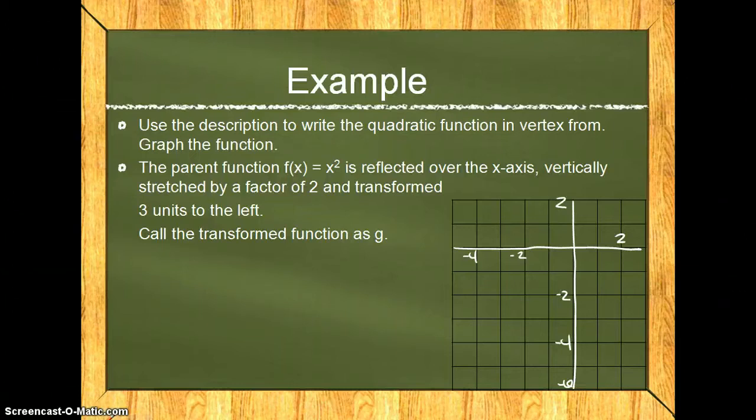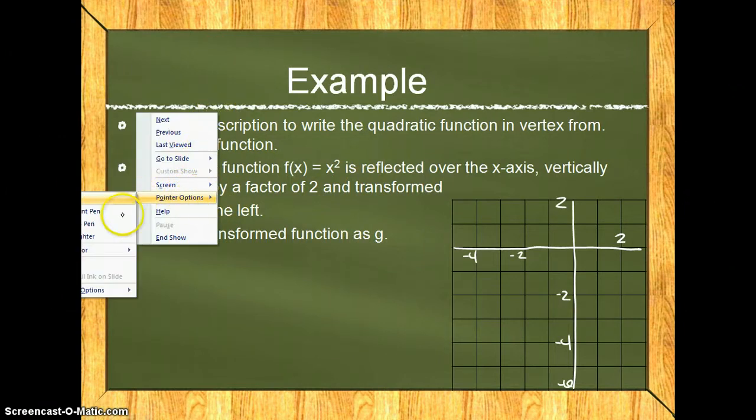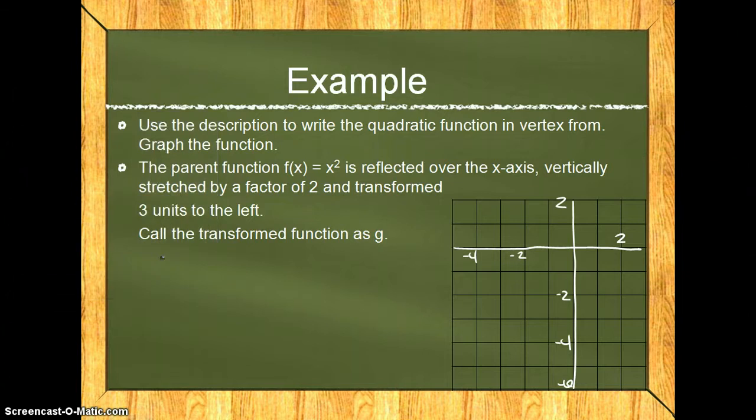finally we're going to translate it by 3 to the left. So again, we're going to reflect over the x-axis, then we're going to vertically stretch by 2, and finally, we're going to have a horizontal translation of 3 to